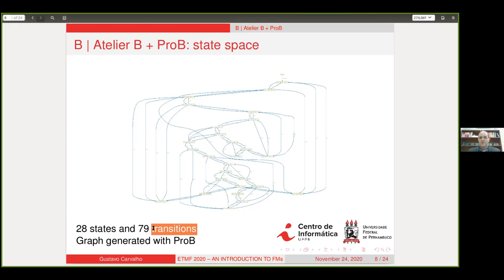In other words, 79 different ways of moving disks between pegs. Using Atelier B, I can perform all the analysis like proving that there is a solution and proving all the properties I want to prove